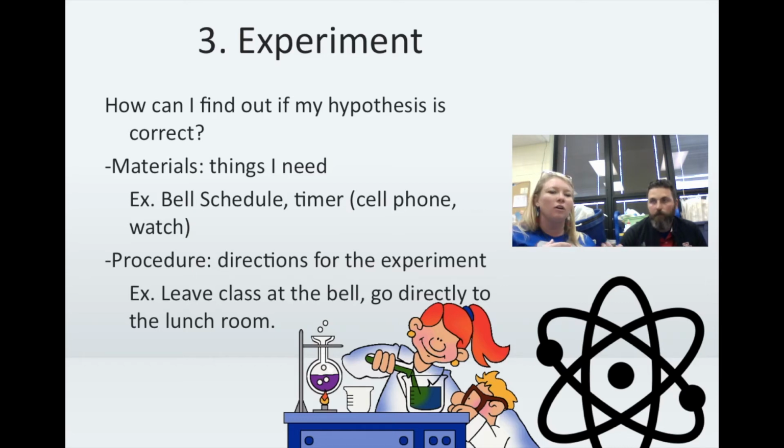So for us, our experiment would be, okay, which is the fastest route, probably? I leave science class, I'm on the second floor, I have to take the stairwell, and I've got to avoid all the people in the hallway. So IMC stairwell or center stairwell? Right, exactly. Okay, so that's our experiment. So we've got our materials, we've got our procedure,